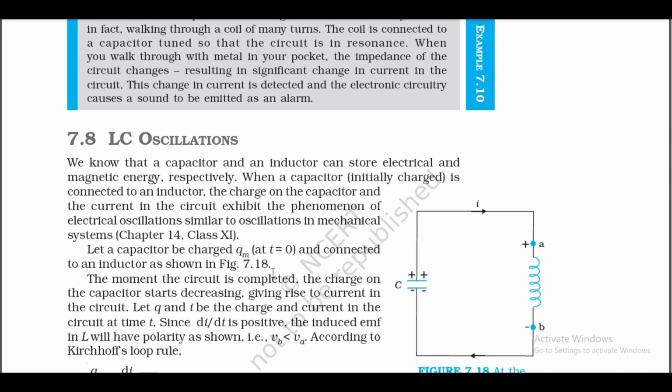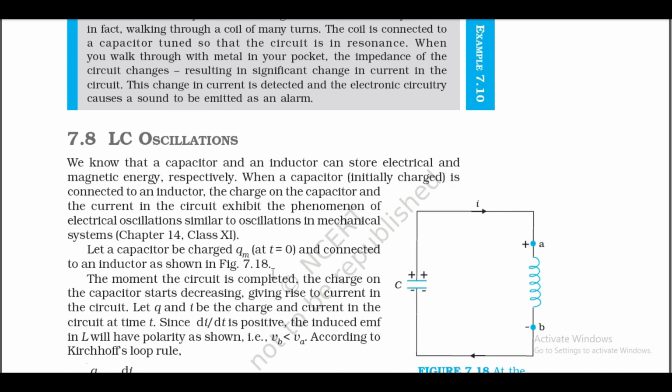7.8 LC oscillation. We know that a capacitor and an inductor can store electrical and magnetic energy respectively. When a capacitor initially charged is connected to an inductor, the charge on the capacitor and the current in the circuit exhibit the phenomenon of electrical oscillation, similar to oscillation in mechanical systems. Let a capacitor be charged to Qm at t is equal to 0 and connected to an inductor as shown in the figure